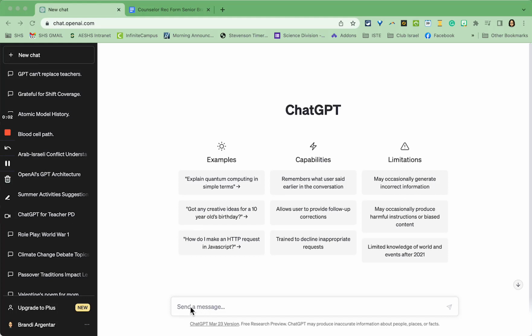Here's an example of how to use Chat GPT to write a recommendation letter. In the send a message text box, I want to try to be as specific as possible. So I'm going to say, act like a high school English teacher and compose a recommendation letter, if I can spell it correctly, letter for the following student